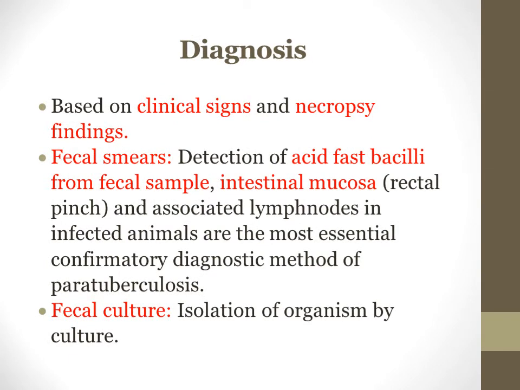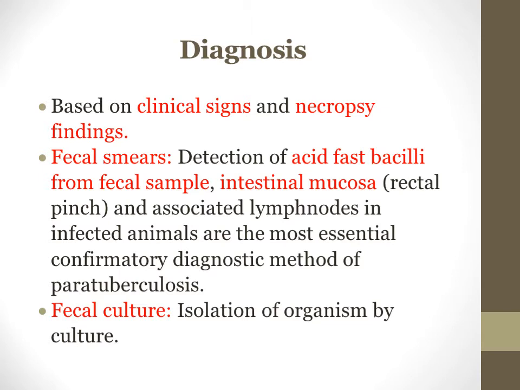Diagnosis, as usual, is based on clinical signs by the clinician. We already know the clinical signs: there is diarrhea, and at a later stage, shooting diarrhea. The animal loses weight, becomes lean and thin, there is emaciation, finally cachexia, a hidebound condition, and death.